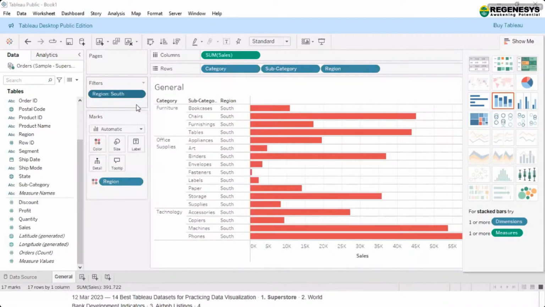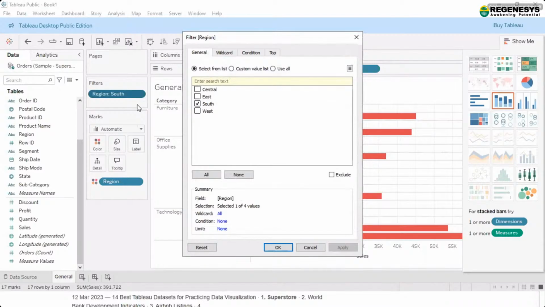So we can edit the filter. The first time, we checked whatever element I wanted and applied it. Here I can even do vice versa: what I don't want, I can also exclude.